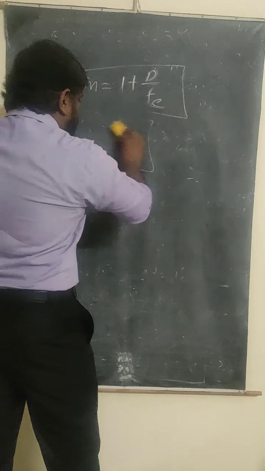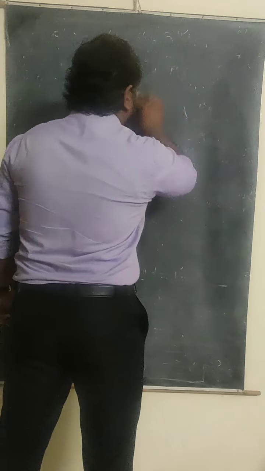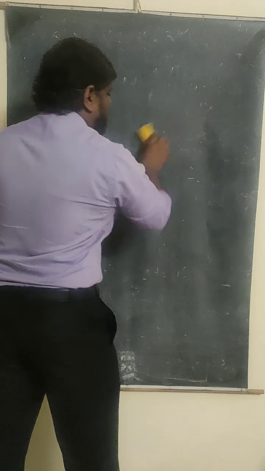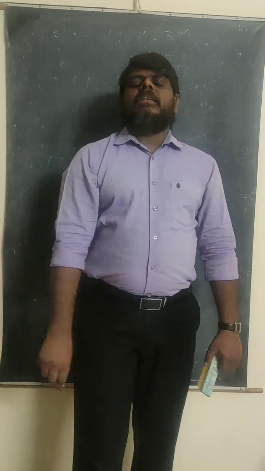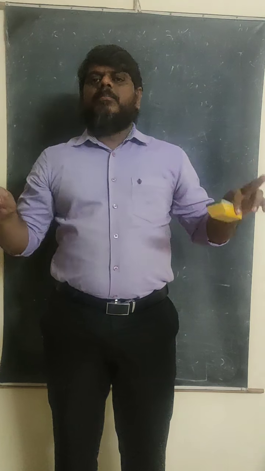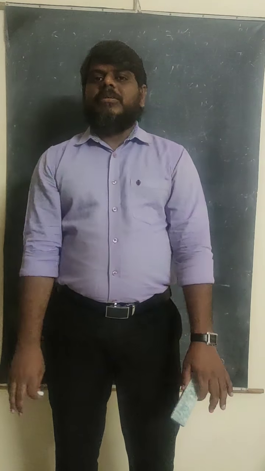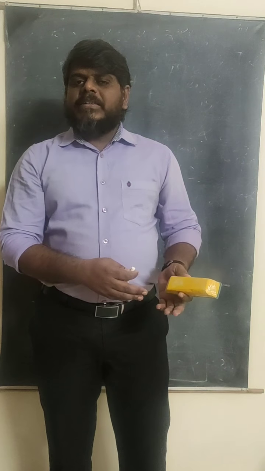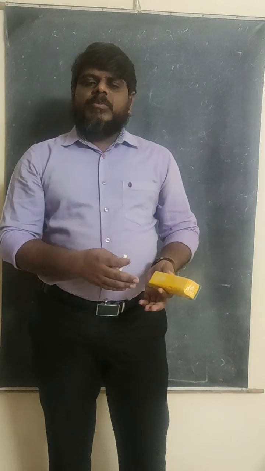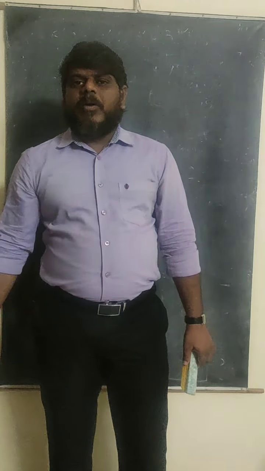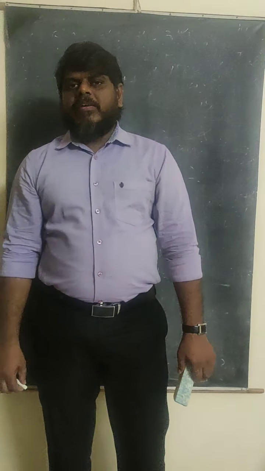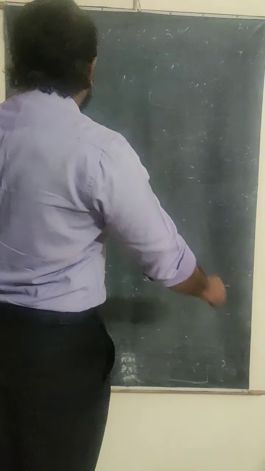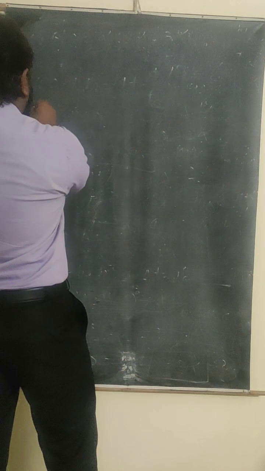For the simple microscope, there is no need to remember the diagrams because only one lens is used. But in the case of the compound microscope, it is very essential to remember the formulas and also the diagram. The complete diagram you have to remember: where the object is placed, where the image of the objective is produced, and where the final image is produced. What are the distances you are taking? All the distances are very important here. So briefly I am going to explain the diagram. I am not drawing the complete ray diagram.